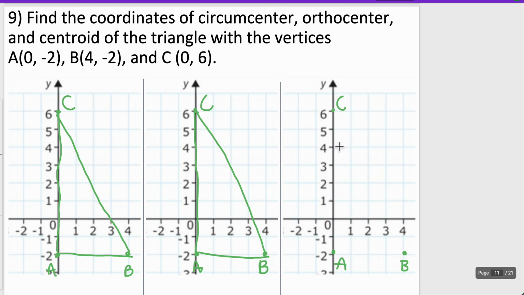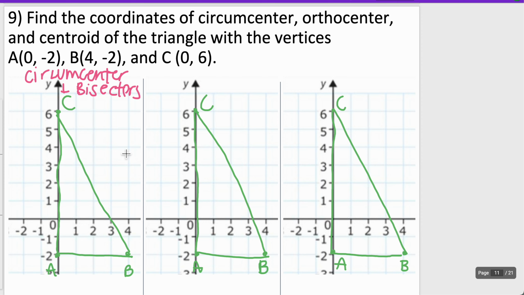Once we have these graphed, we will start with the circumcenter, which is your perpendicular bisectors. So, starting with circumcenter, we want to see perpendicular bisectors, which means we need to find your midpoints and then your perpendicular slopes. So if we look at segment AB,